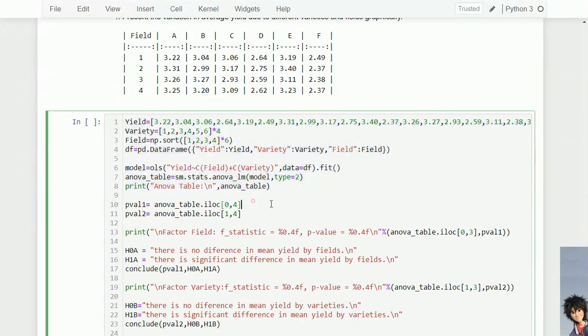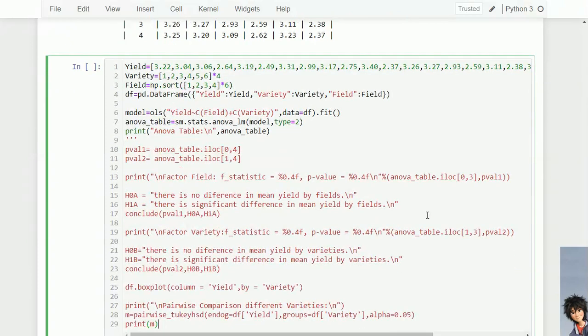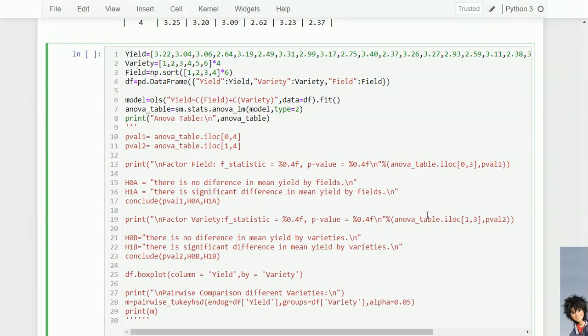We can print that ANOVA table here. First, let me check if there is any interaction effect. I forgot to add the interaction effect here, but adding it is not a difficult task. Just put the field star variety, and it will add. Now let's run this.